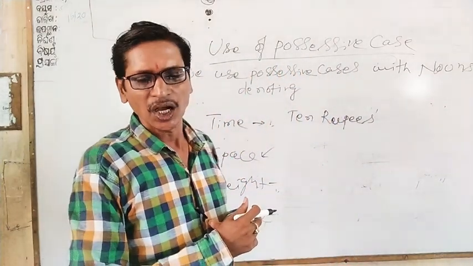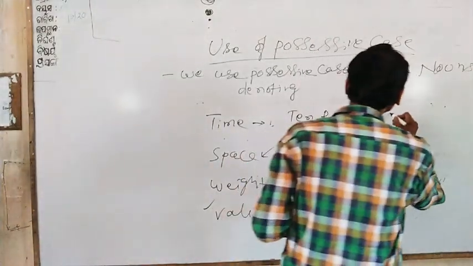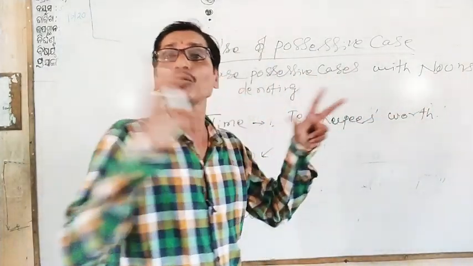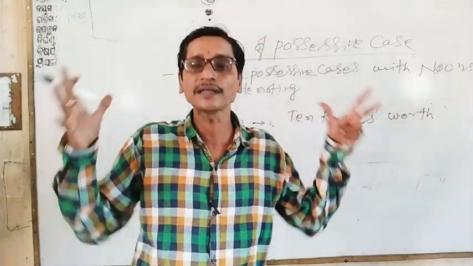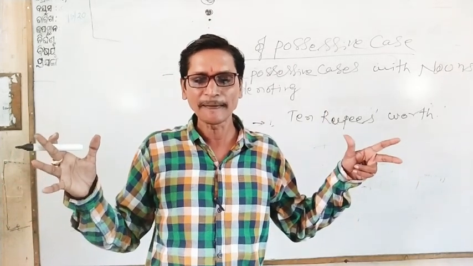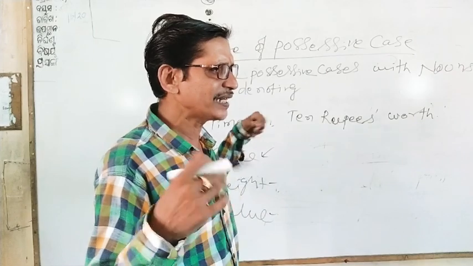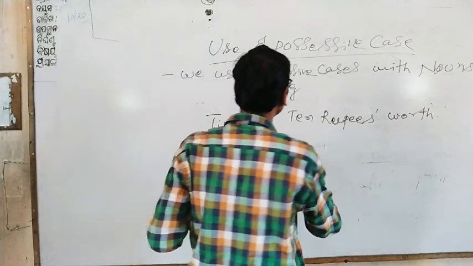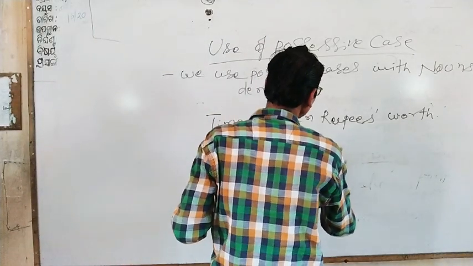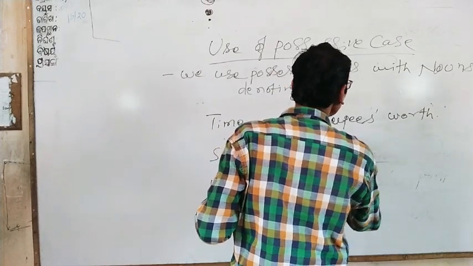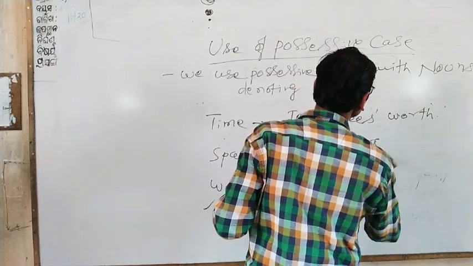10 rupees worth. The value is of 10 rupees. Similarly, what a shilling's worth? We can say a shilling's, or you can say a dollar's